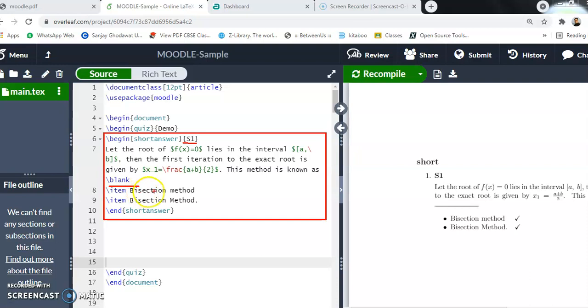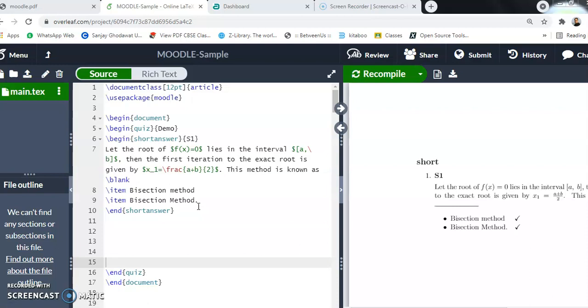Now here I am giving two answers. One is bisection method, because this is the end of the statement, so here I am not using a period, that means a full stop. And in the second I am using bisection method with a full stop. Again, purposely I am writing in one case small m, in one case capital M. Generally the common settings are where case sensitivity is not applicable, but you may want that case sensitivity.